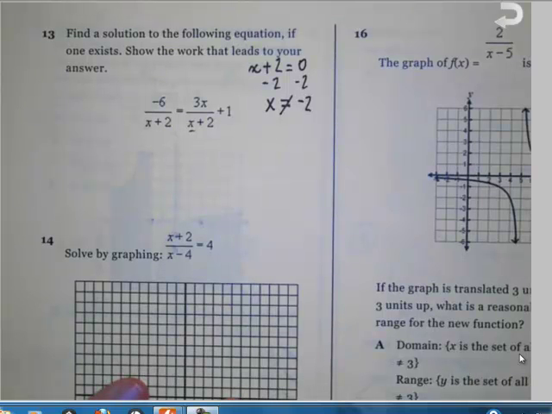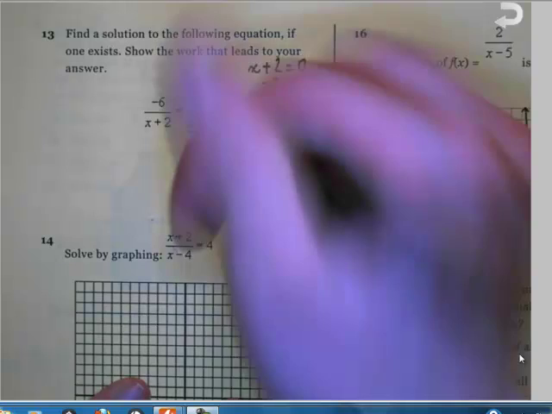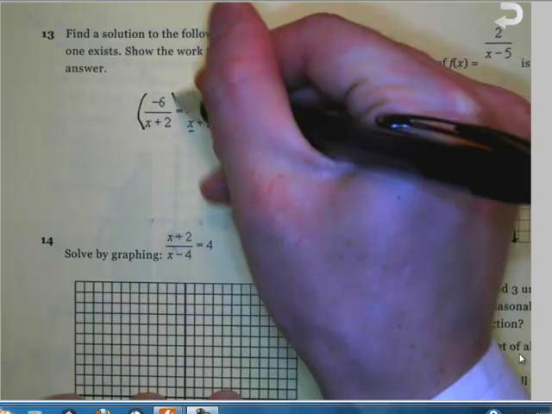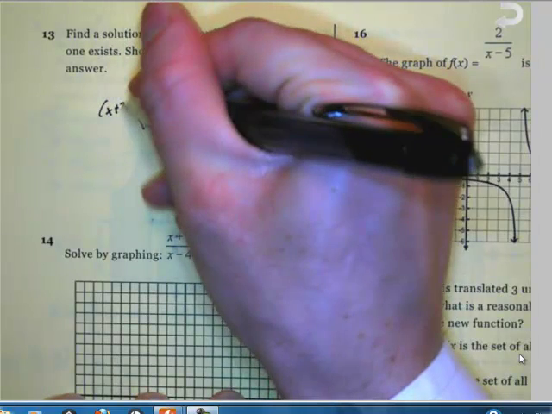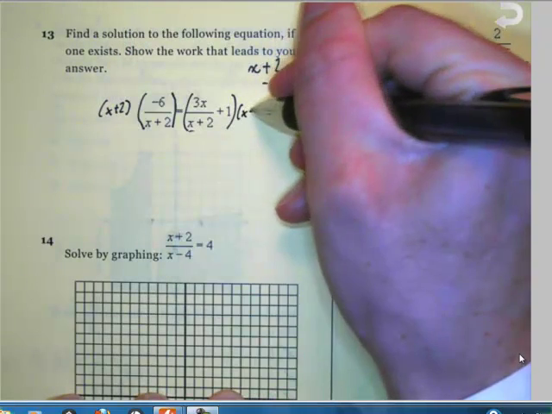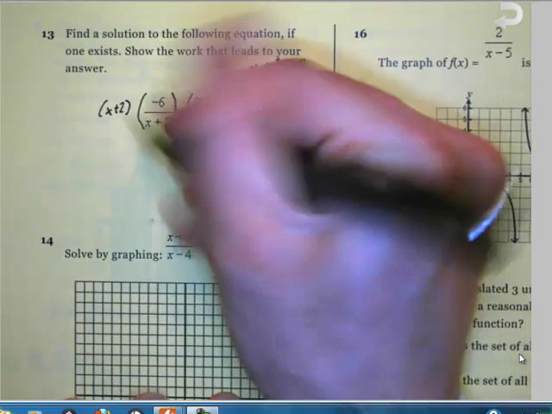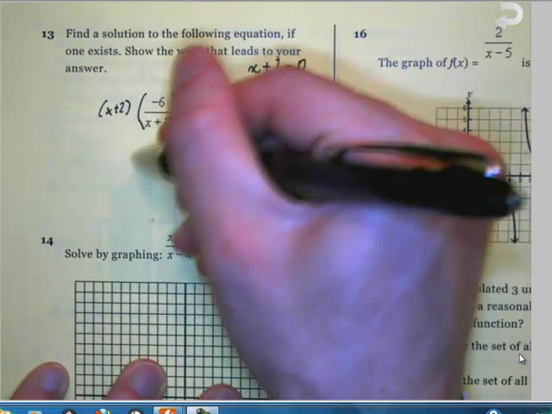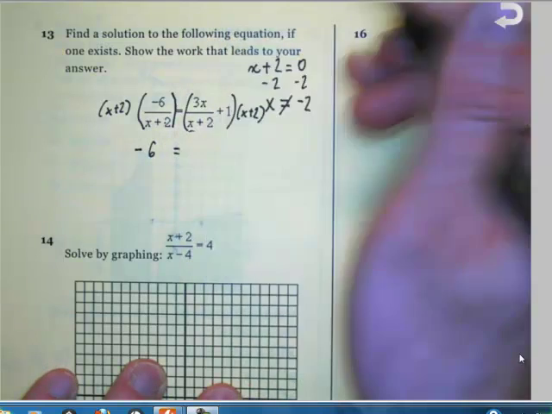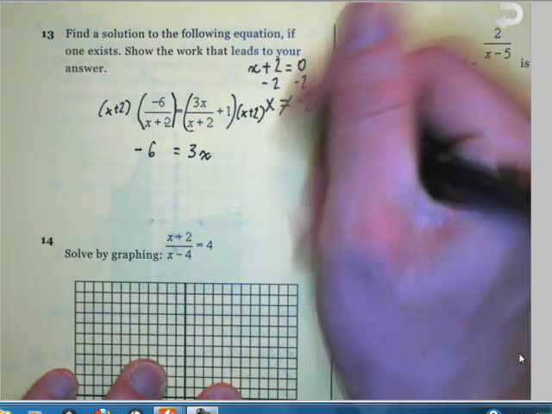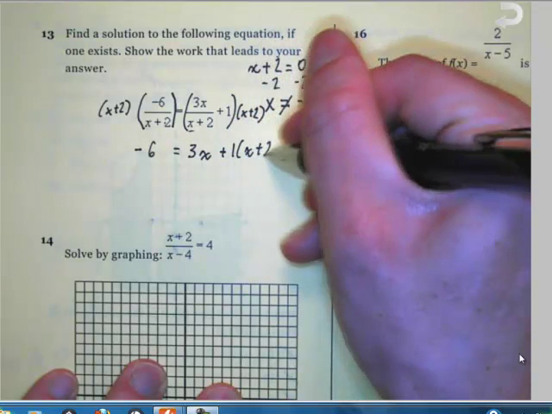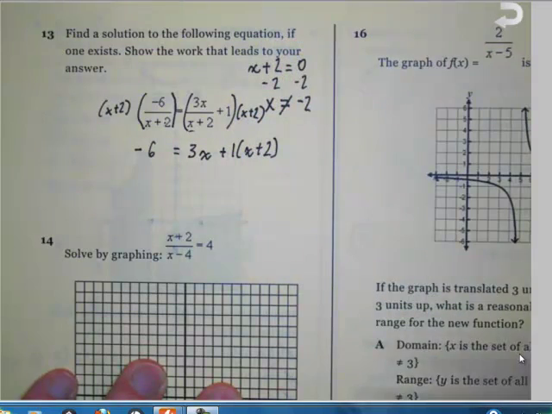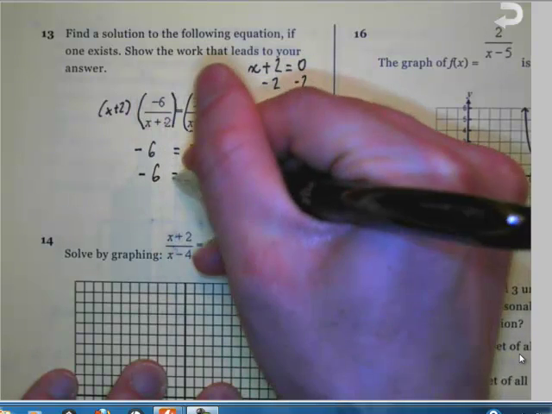So then what I'm going to do is cancel my denominators and try to solve this equation the old-fashioned way. So what I need to do is multiply both my left and my right by x plus 2. So I have this cancels with this, leaving us with negative 6. Now I have 3x, and I have plus 1 times x plus 2, which, nicely enough, distributing 1 is child's play. So now we've got negative 6 is equal to 3x